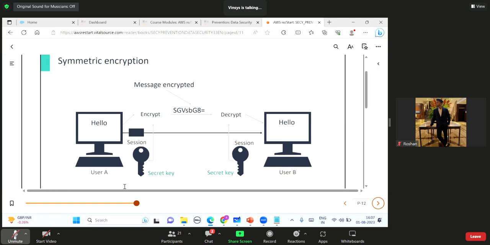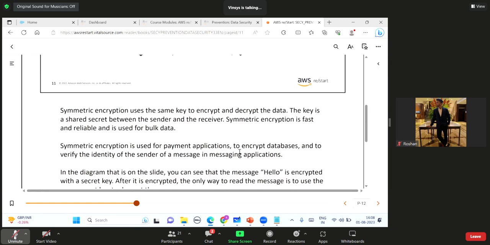So there is a big problem with symmetric key cryptography, and that problem is how securely you are going to share this key. Otherwise, symmetric encryption is a good one. It is very fast. Nowadays we are still using symmetric encryption, and the only reason is that it is very fast. But how are you going to solve this problem of sharing the secret key securely with the receiver? That we will see in the hybrid option.